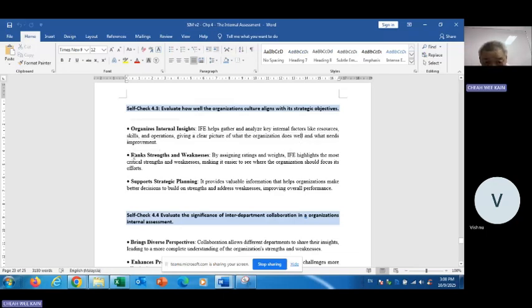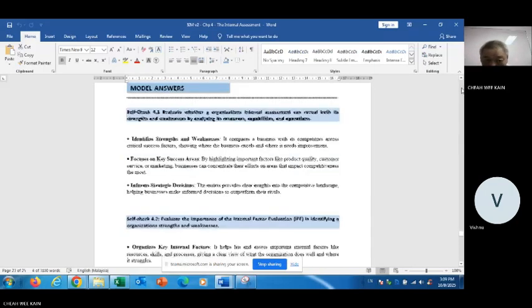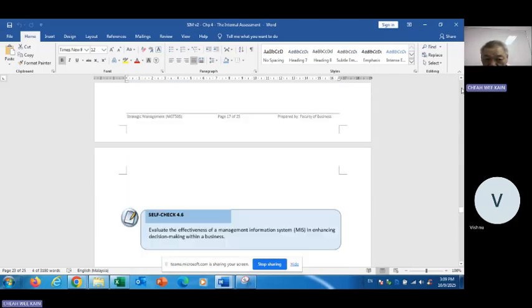Okay. Now it can rank, because for example, let's say you have 5 strengths, or 5 businesses. So you rank which one is the greatest strength, and you take advantage of the one with the greatest strength. Or if this is a greater business, maybe you want to tackle the greatest business instead of tackling the not so important business. Okay, so it supports strategic planning. So under this 4.3, what I want you to do,